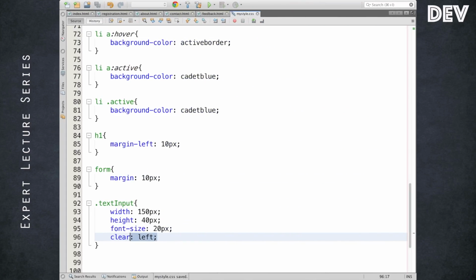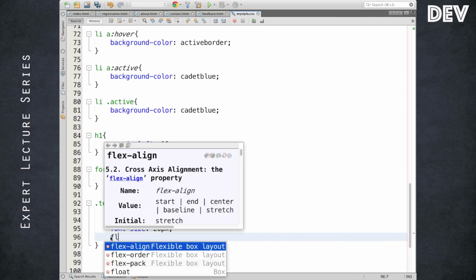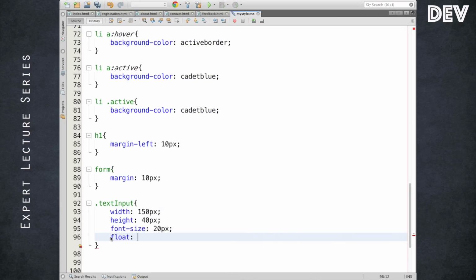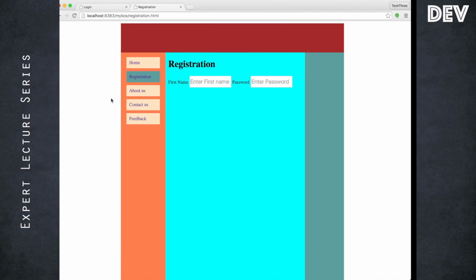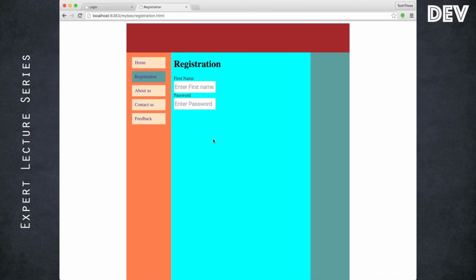So taking the text input, okay, I made it a block so that it fully blocks the row, and subsequently this block has made sure the entire width has been utilized and there is no room for the other one to appear.